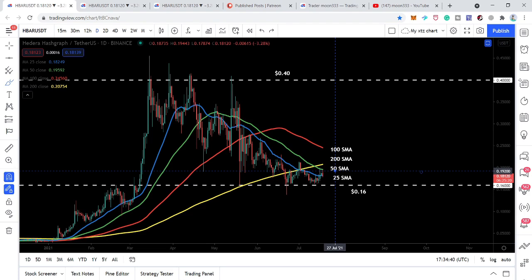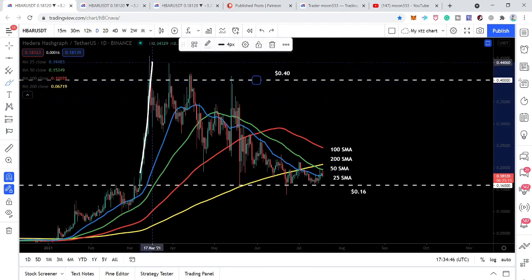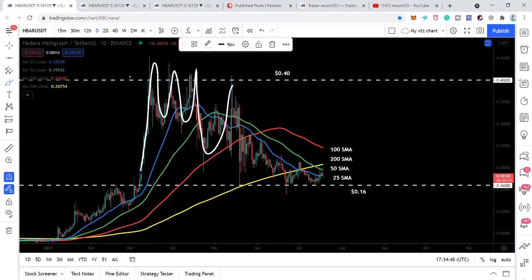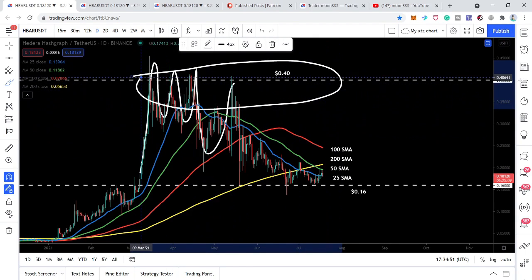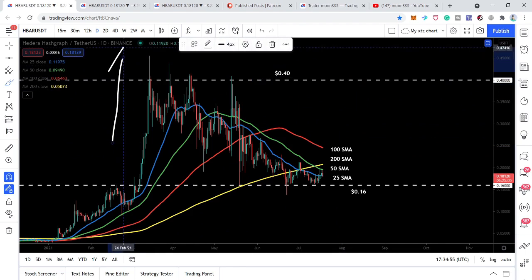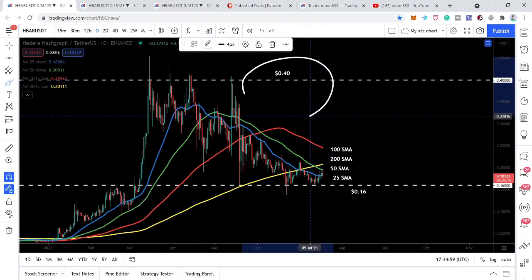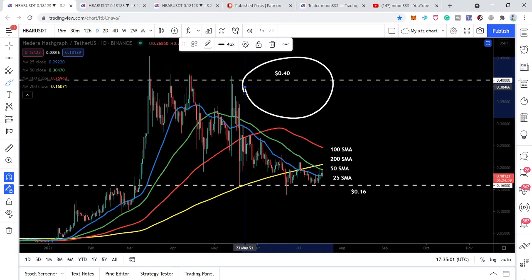Now the major, very strong, and the final resistance is at 40 cents. You can see that after several attempts, the price action so far is not able to break out this 40 cents resistance level as per the Binance exchange. Therefore, once the price line will break out this 40 cents resistance, then there will be a really very big